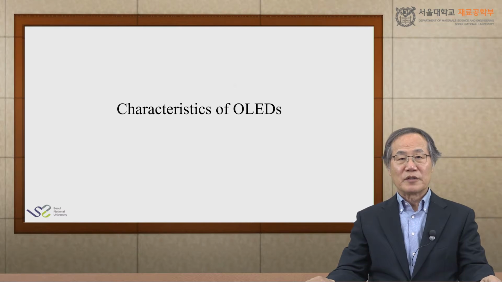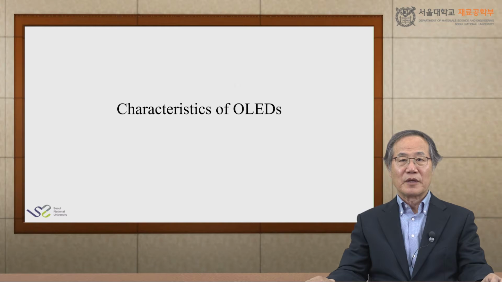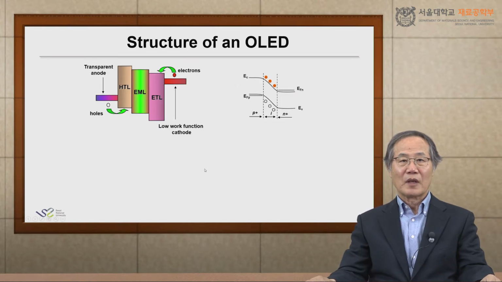With the backgrounds of electrical and optical properties of organic semiconductors, we are ready to discuss the characteristics of OLED. I already showed this diagram several times, and usually an OLED has at least 3 layers: hole transporting layer, electron